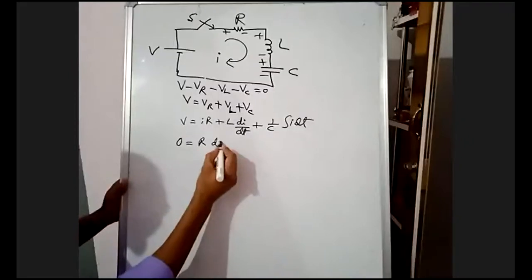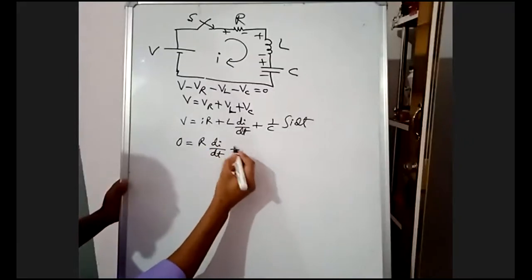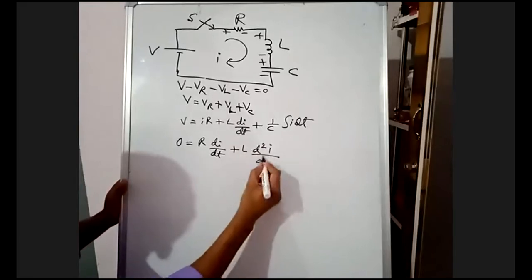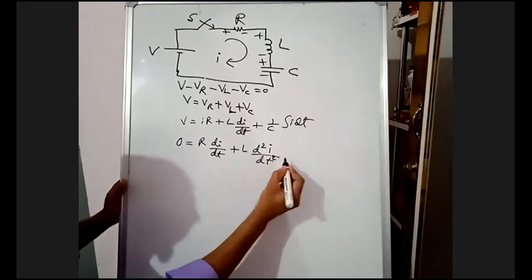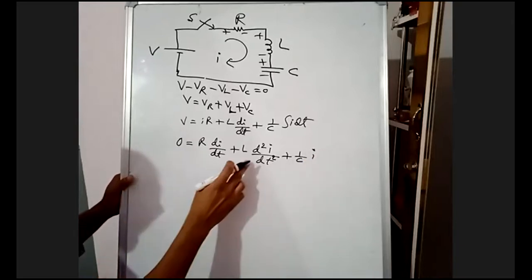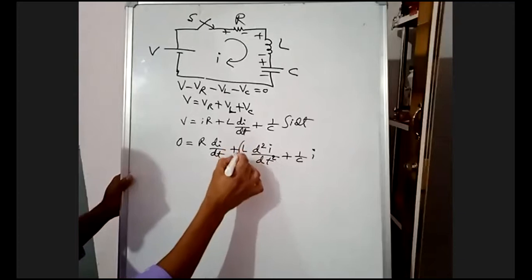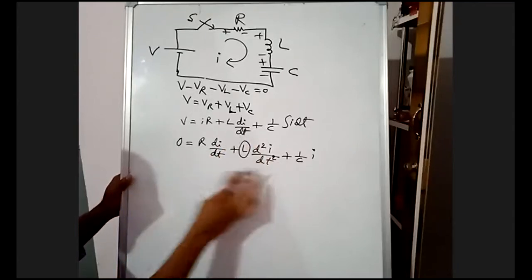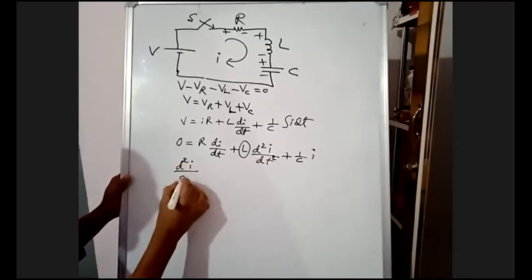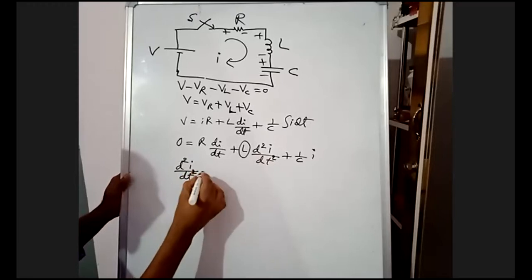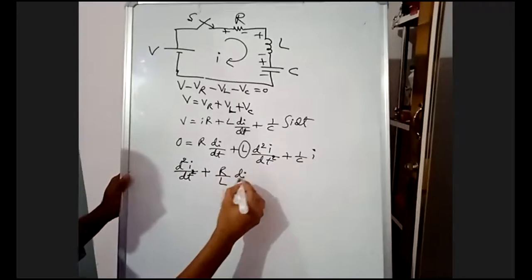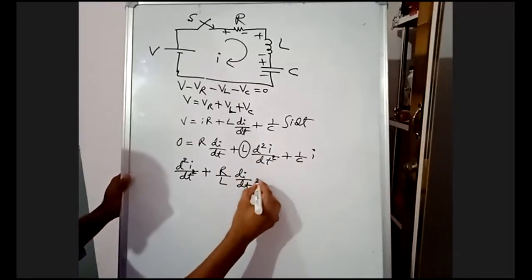R is constant, R di by dt plus L into d square i by dt square plus 1 by C into i. Now I am making the coefficient of d square i by dt square 1. Divide the entire equation with L. d square i by dt square plus R by L di by dt plus